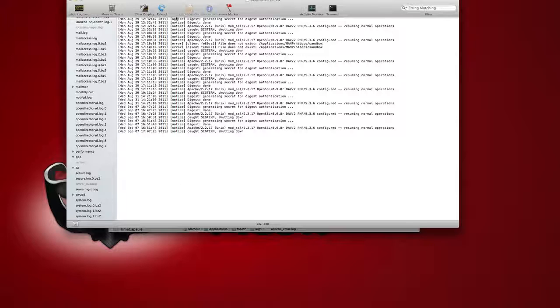Now you'll notice that there's several different types of error categories with Apache. This is a notice, so most of these notices you can ignore. They're just kind of informational. It's a notice, okay? However, there's other things like these errors that definitely are something you might want to